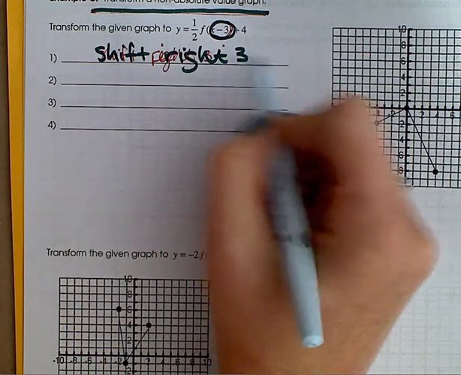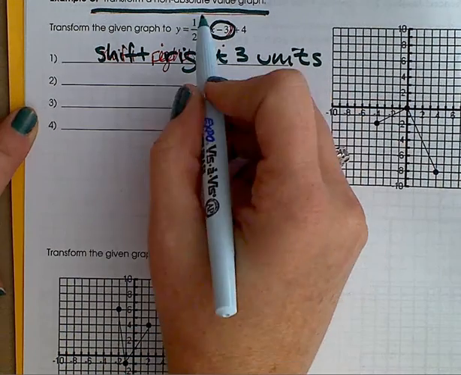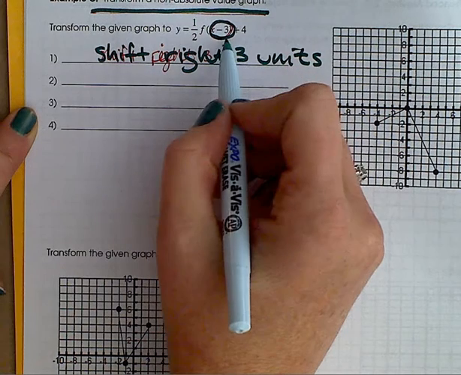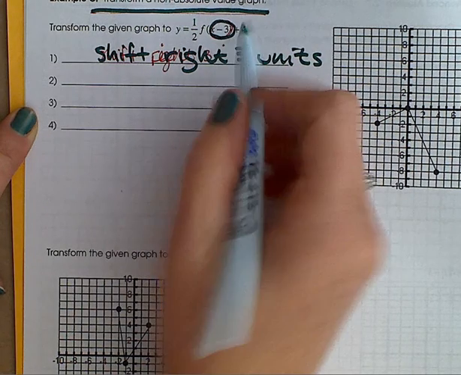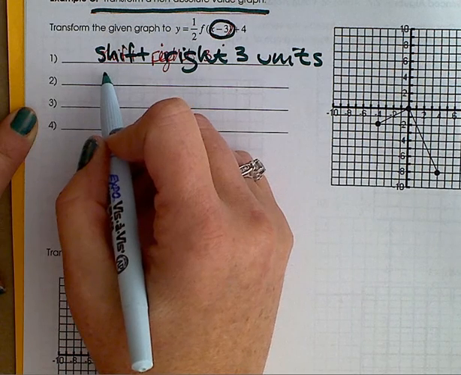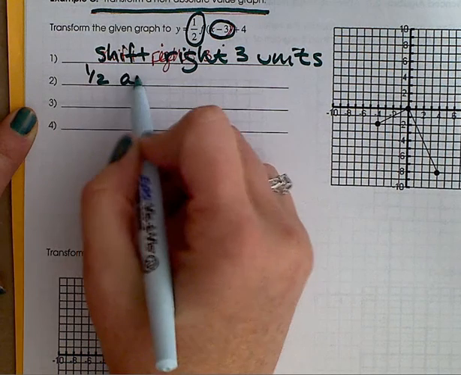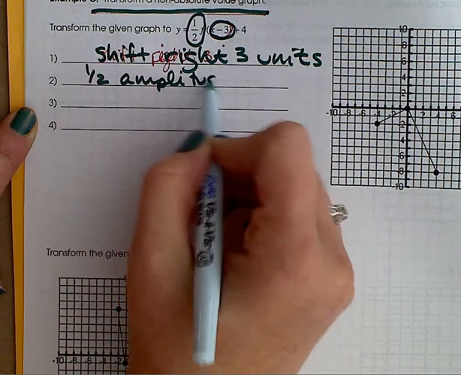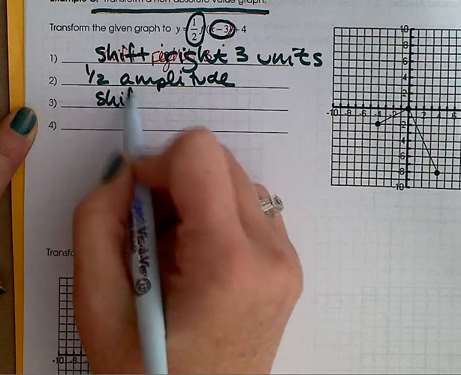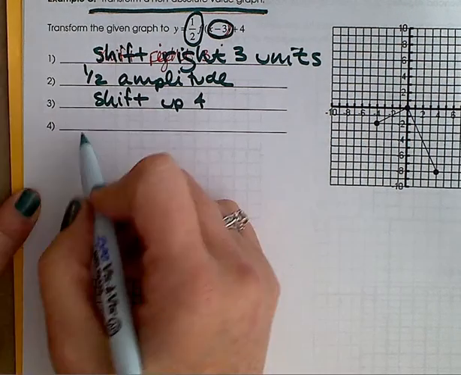Three units. That's the only shift on the input. The shift on the output is 1/2 amplitude, shift up 4. So the first thing we need to do is make a table